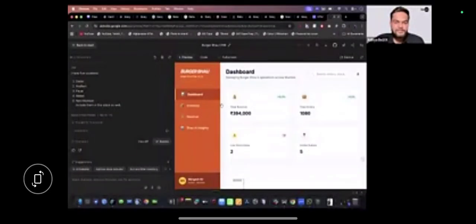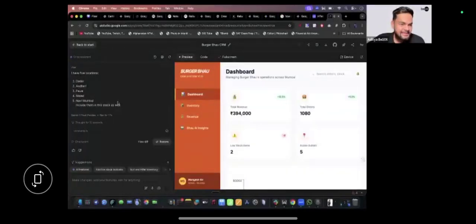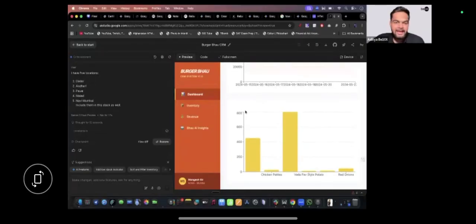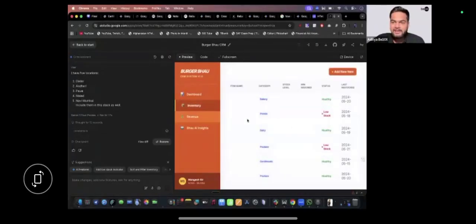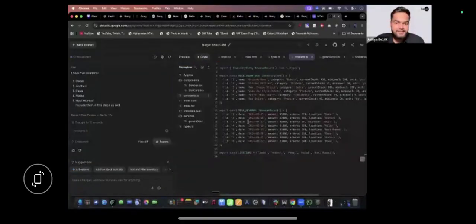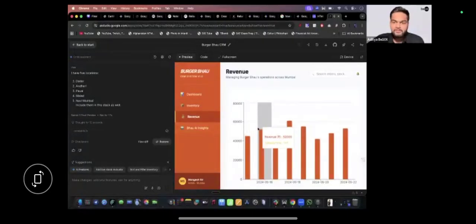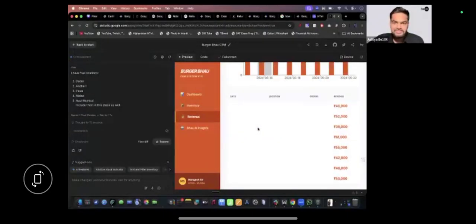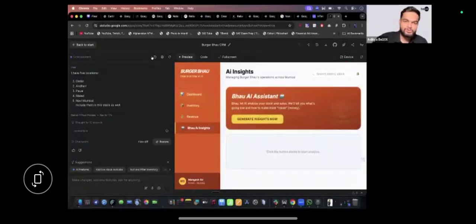yes. Folks, it has updated. I think it has updated. Okay, now it has added the branches as well, right? It has added the branches as well, and you can see it has updated whatever we asked it to do, right? So you can just give it the prompt and it is going to update whatever you have asked it to. So it has added the location feature, and now it knows what locations we have and everything, right?